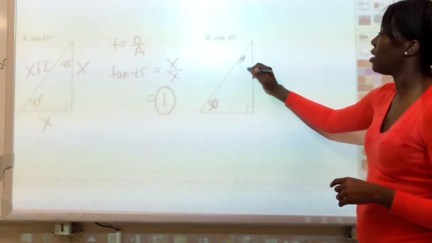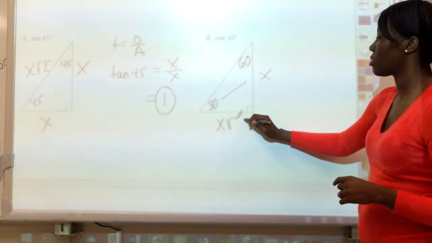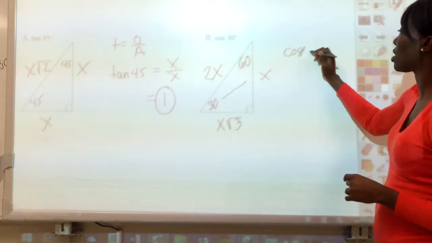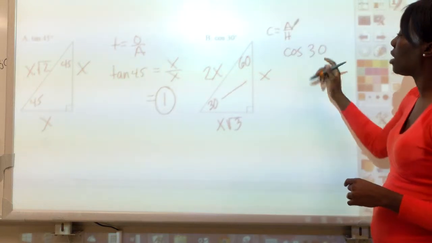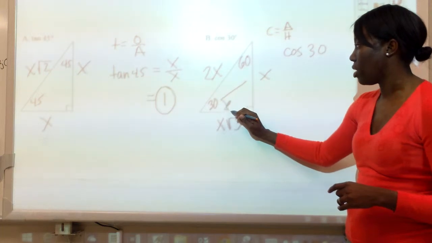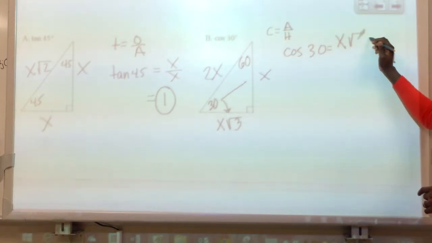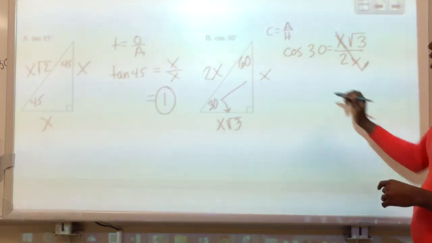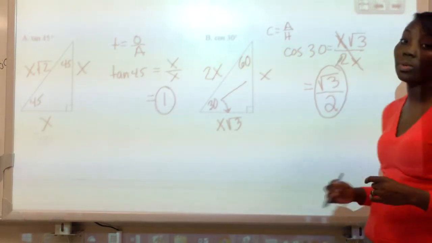Cosine 30 degrees, so we have a 30, 60, 90, 30 degrees is the shorter side, 60 is x radical 3, 2x is our 90 degree angle. So if we're finding the cosine of 30 degrees, remember cosine is adjacent over hypotenuse. And so adjacent to the 30 degree angle, right next to it, is x radical 3. And the hypotenuse is 2x. X is canceled, so the cosine of 30 is square root of 3 over 2,